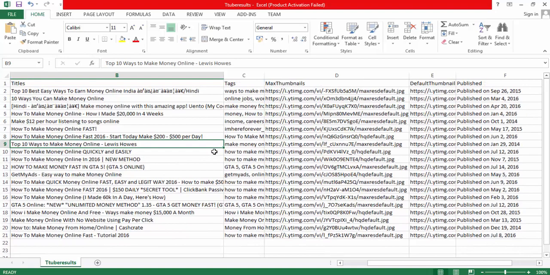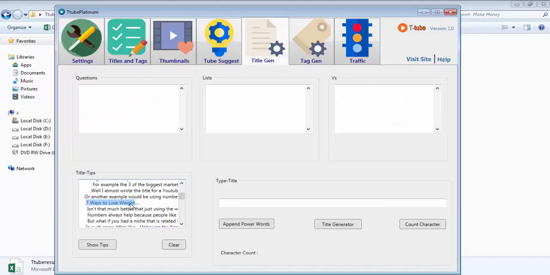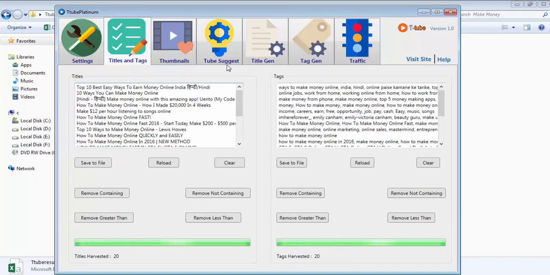Now that we have a very rough idea of what sort of titles we are also going to try and copy from our competitors, let us see how we can fine tune our titles further using the TTube title module feature of the software. There are many categories of titles that typically work very well, and they are always geared to get the most clicks and views. Let us see which are these categories, and which of the titles that we have harvested are using the same.